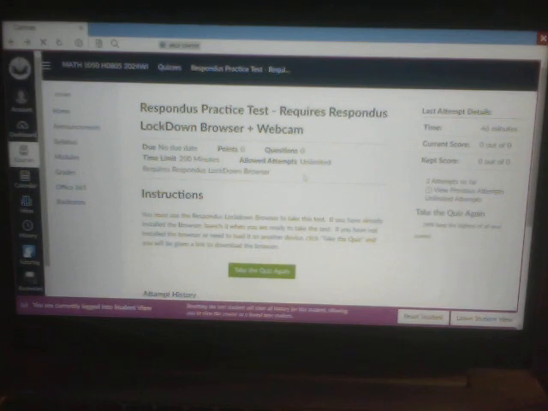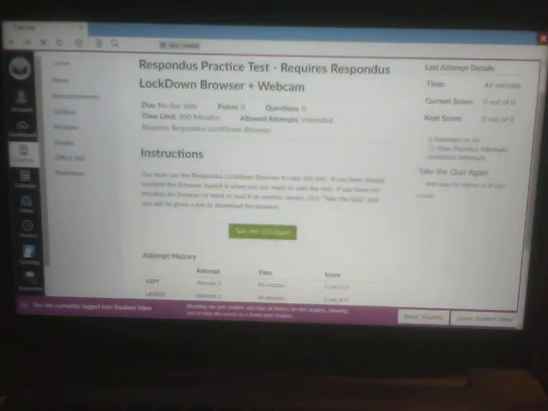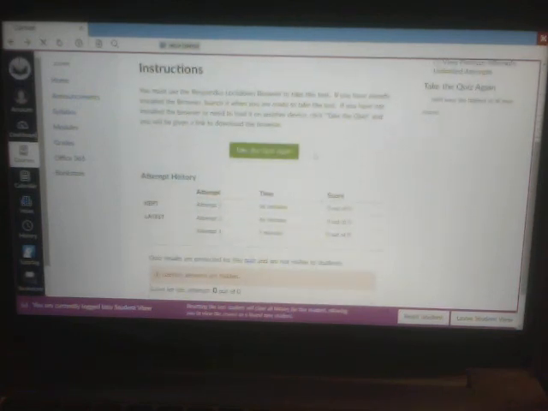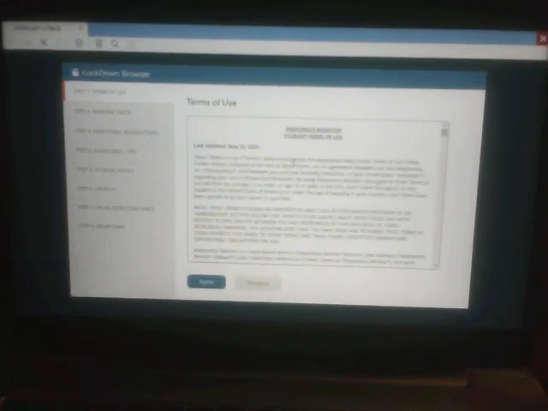and you'll see the Canvas quiz pop up. Now in this particular case mine says take the quiz again because I've allowed this quiz to be taken as many times as possible. Yours will probably just say take the quiz. Okay, so we're going to click on this link, and at this stage we're going to go through all of the pre-check items,